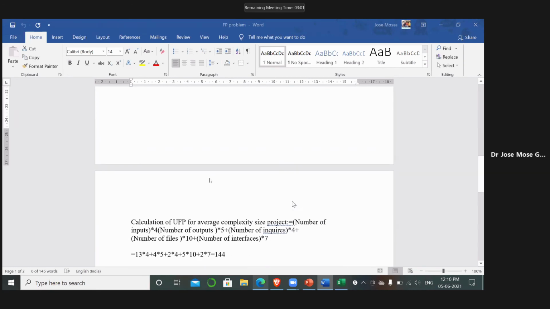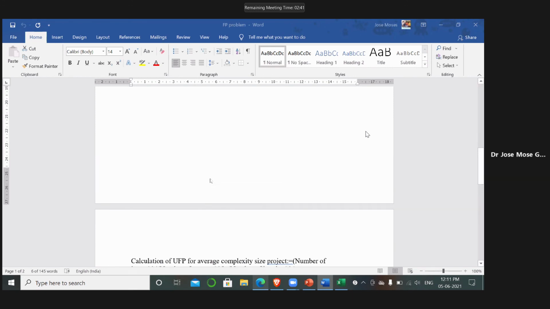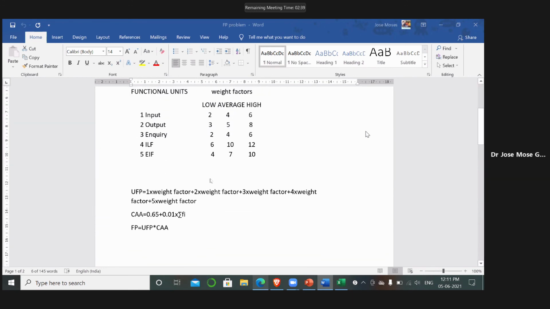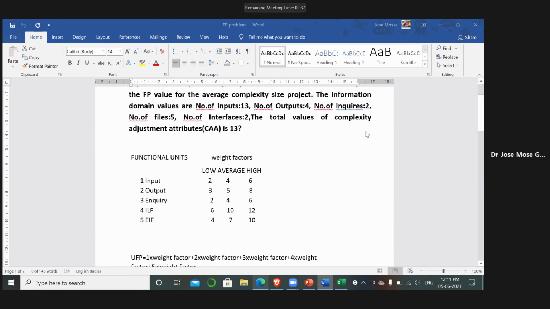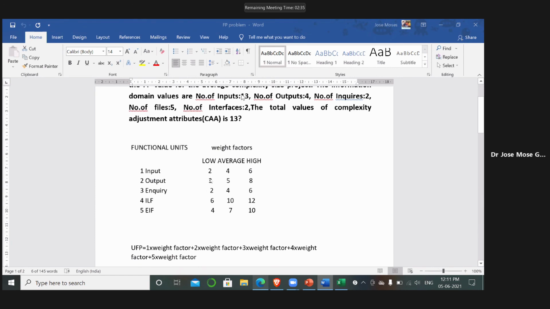It is not 117, I got 144. Please check once more. See, 13 into 4, 4 into 5, 2 into 4, 5 into 10 and 2 into 7. Anywhere you missed it, check once. First value, second value, third value and fourth value, and you should multiply with the average weight factors.